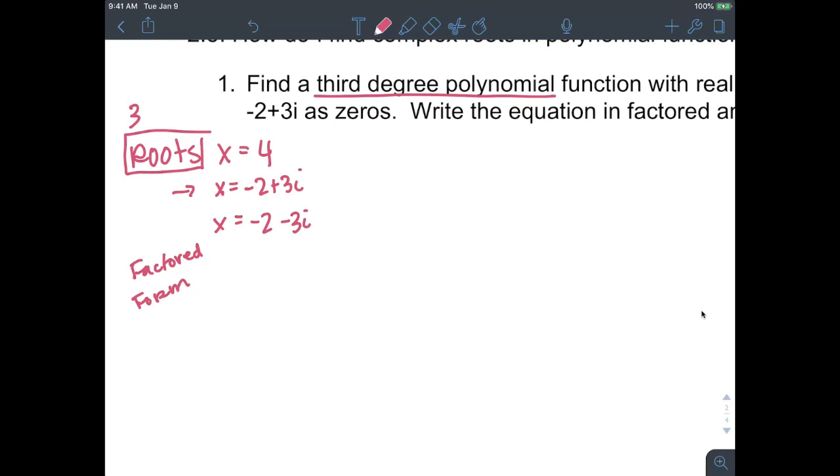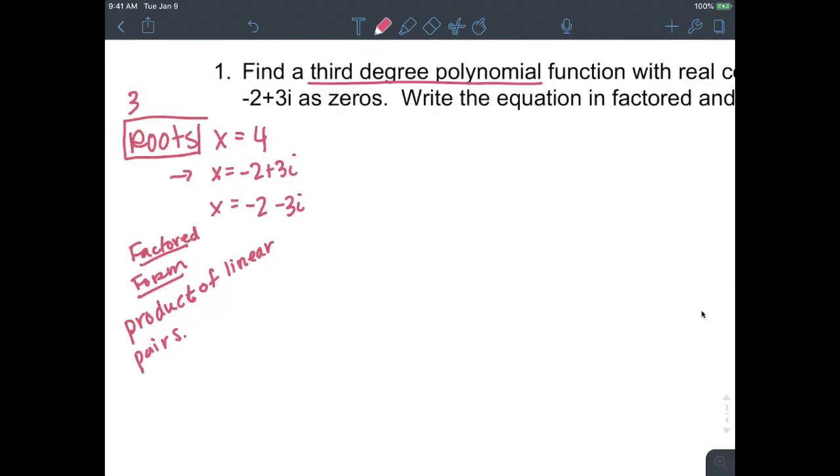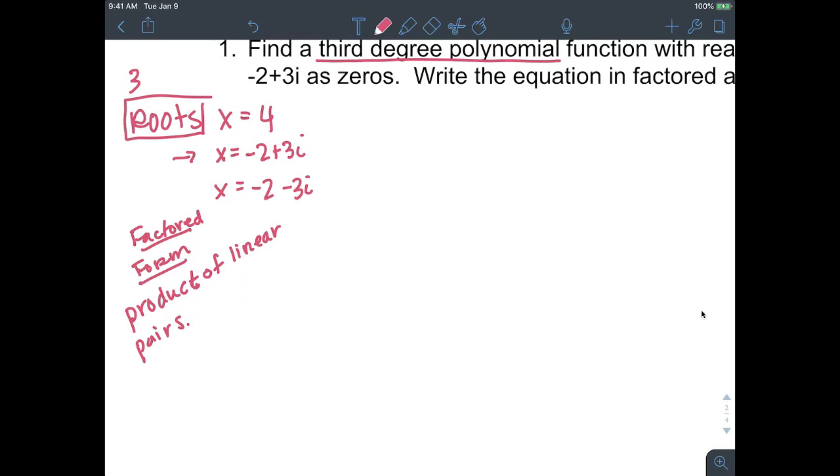And since our book uses language like as a product of linear pairs, so no quadratics, it means that they want you to factor this equation all the way into complex roots if we can. Okay, so we're going to write, let's call this m of x